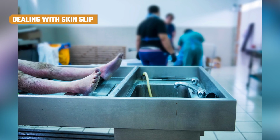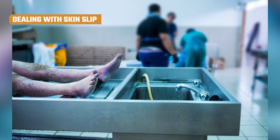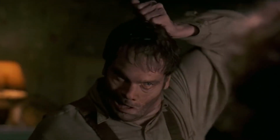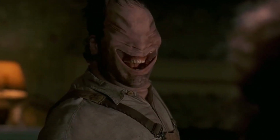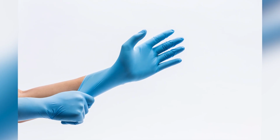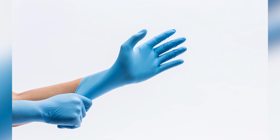In the list of terrible things that can happen during the embalming process, one of the most horrifying is definitely skin slip. Skin slippage is a loosening and shifting of the epidermis. In other words, the skin simply slides off the body. When this happens on the corpse's hands, the skin can come off in what is known as a glove formation. In fact, the skin often comes off the hand so cleanly that the glove can be used to get fingerprints